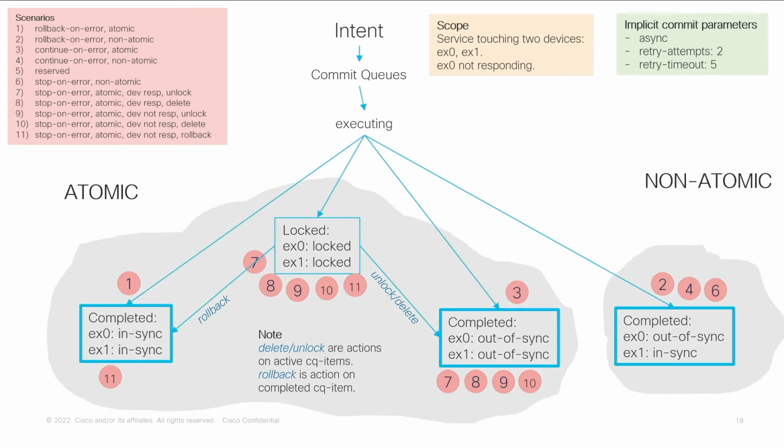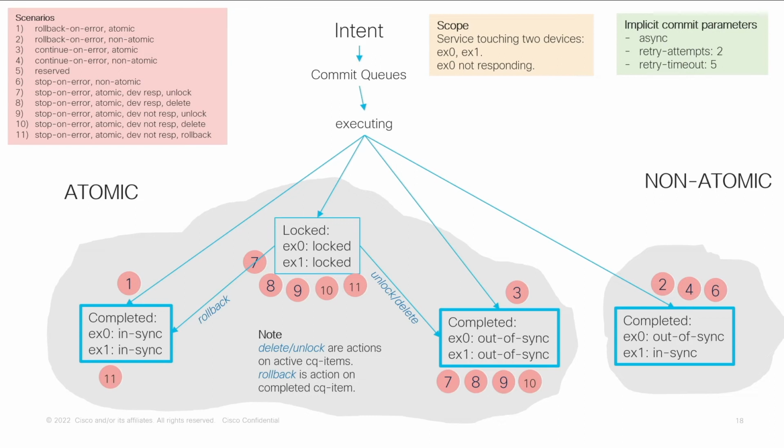There's some background picture that is missing here, but what that actually means, that asterisk error, is that when you set atomic to true, you will actually end up in some of these three states. As soon as you set atomic to false, you will always end up in this state when there is an